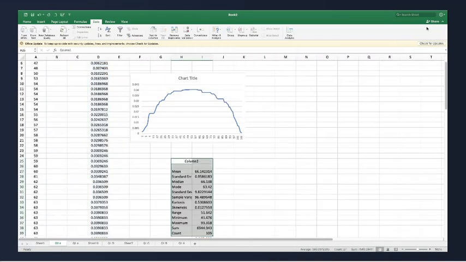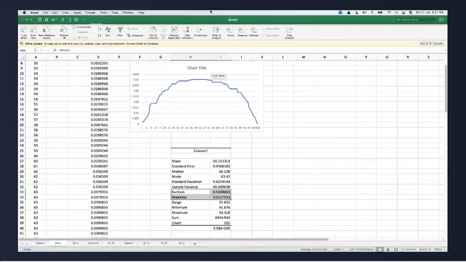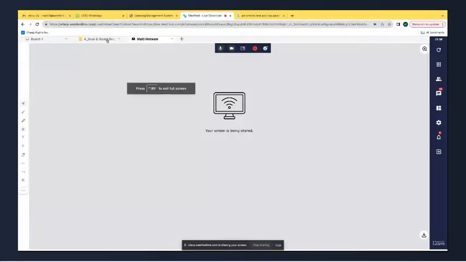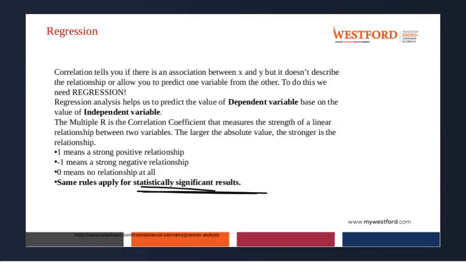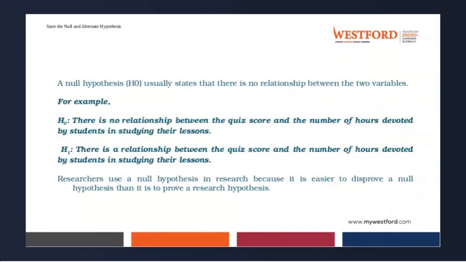Can you see the output, guys? Now I will see the kurtosis. So kurtosis and skewness are between the range, right? Let's come back to our PowerPoint. Let me come back to my screen. Can you see my PowerPoint?